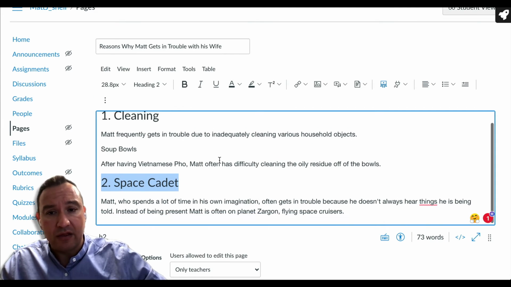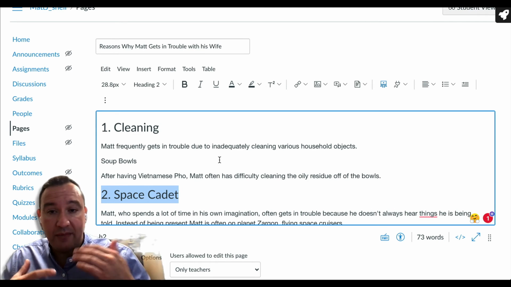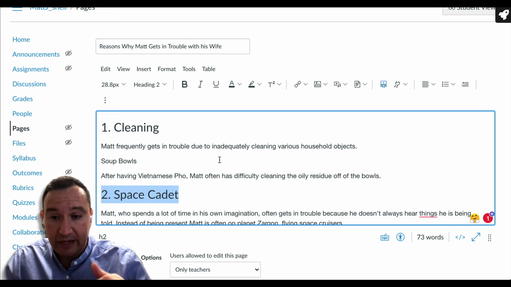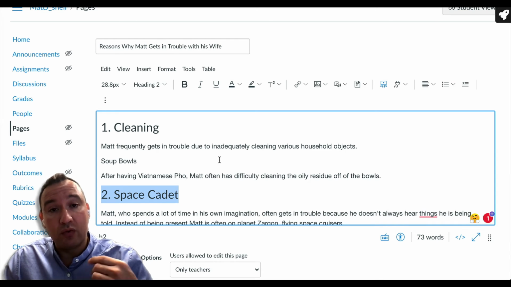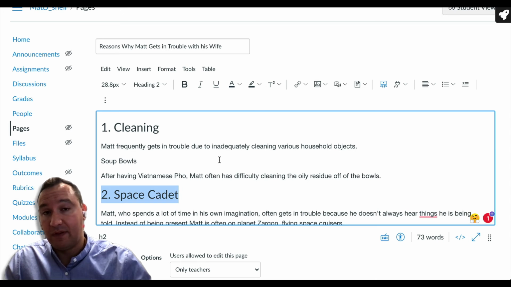And you'll notice the reason that we're trying to set it up this way is because visually, I'm able to look at the page and jump to the various things that I need to read. So if I've already read cleaning, I can just automatically go to the Space Cadet section and read out all the content in there. So what we're trying to do is set it up for individuals using a screen reader to do the same thing so that they can jump around the page and get to the content that they need. And by setting up the page this way, it helps them navigate it. Without this, it's not that easy, right? So that's why we're going over this structure.